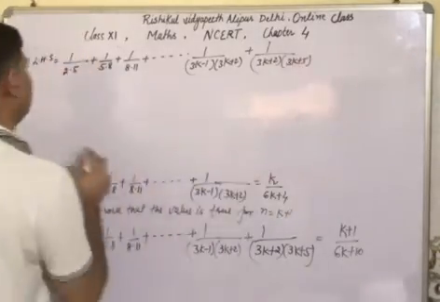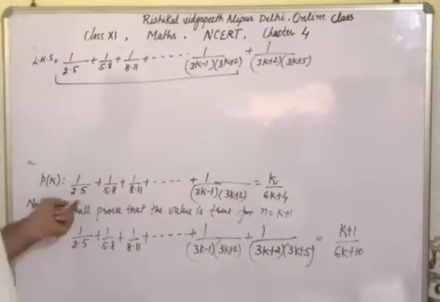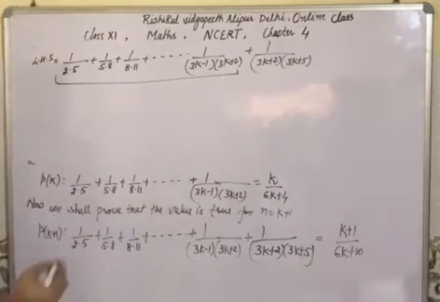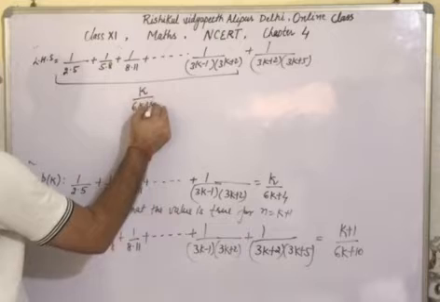We know that this complete value is P of k, and P of k value is k over 6k plus 4, k upon 6k plus 4